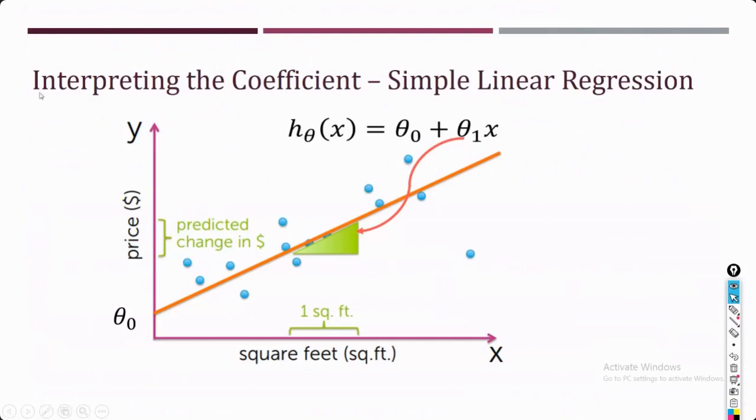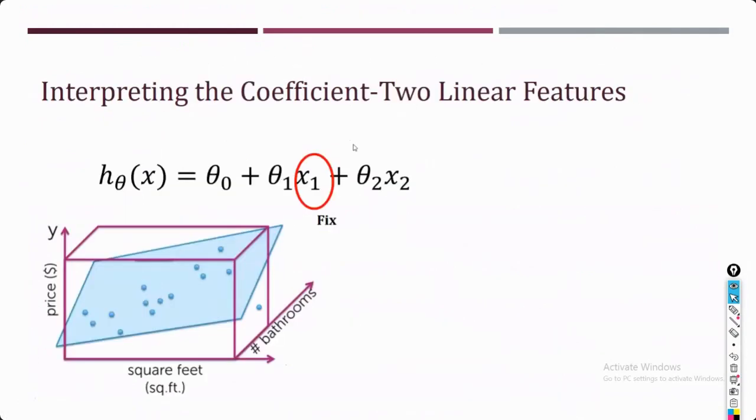Let's perform some interpretation of the simple linear regression. With respect to simple linear regression, we will extend it to multiple linear regression. That we already covered. Basically this represents your intercept, and this represents your slope. The slope tells us, if I change x by 1 square foot, how much change I will observe in your price. This is the simple linear regression that we already covered in previous classes.